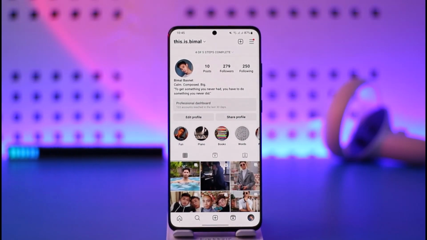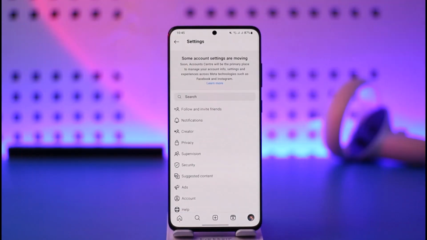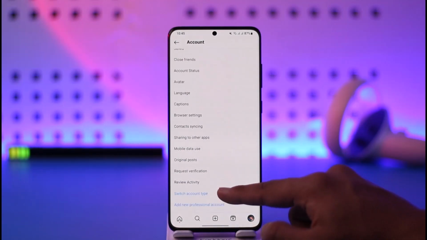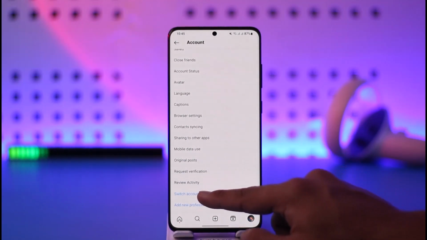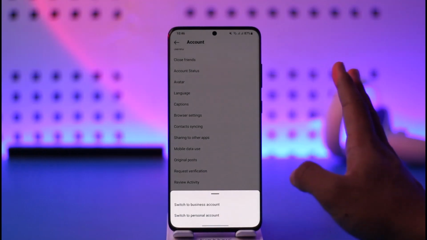Well, it's very simple. You can tap the three lines option from the top right and then just go to settings. After that, you can just navigate to account. Once you've done that, go to the option called switch account type and then select the option called switch to personal account. Now business account or creator account is also professional account, so you don't want to do that,